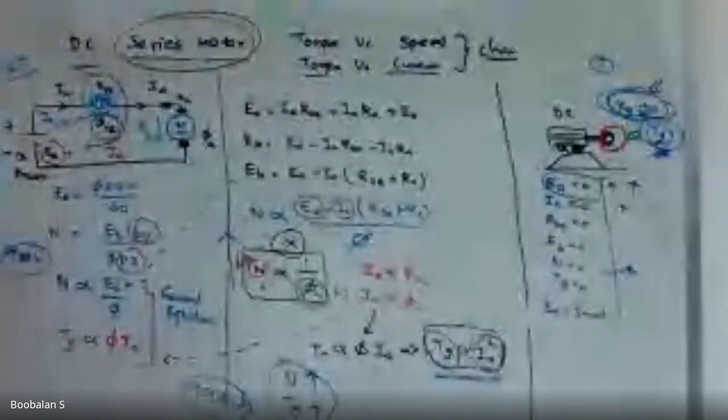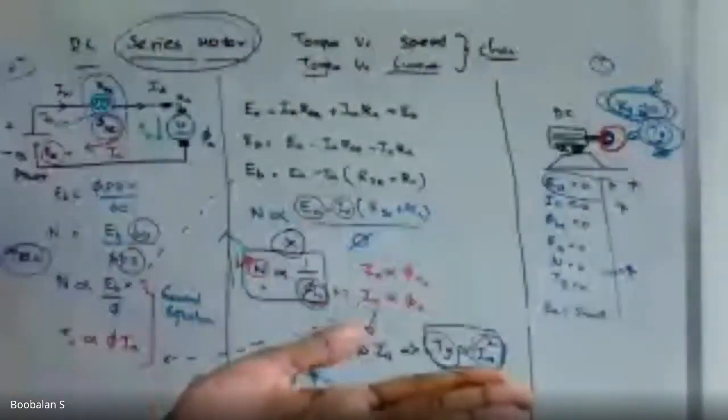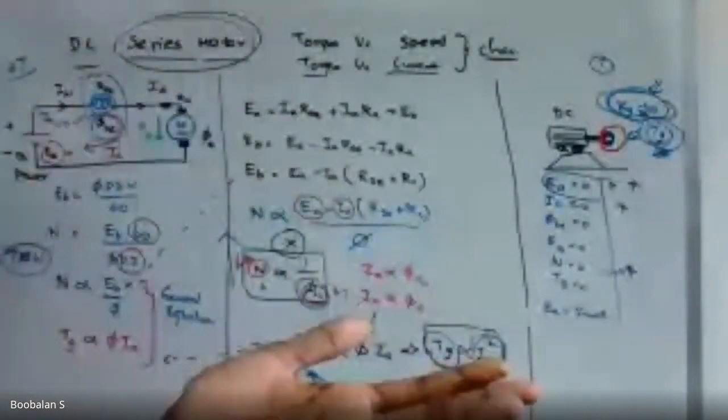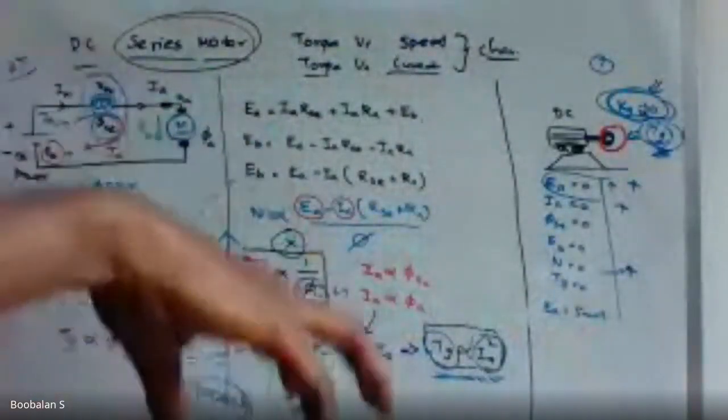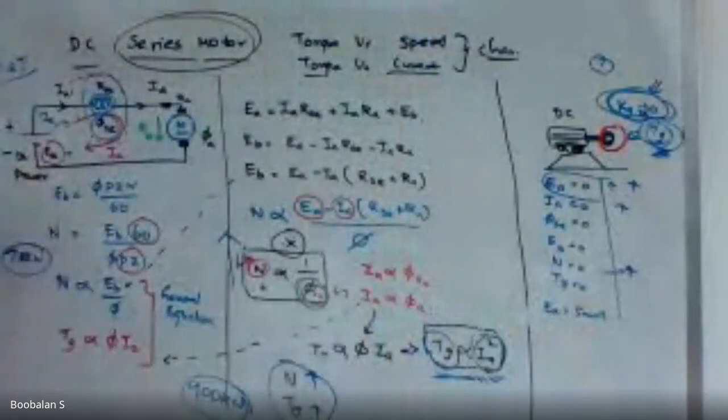In DC series motors there are many applications. Electric trains use them because initially they have so much weight to pull. In a shipyard, ships bring containers, and we need to pick that container from the ship and unload it. For that there is a crane on top, and that crane works with only a DC series motor. Initially the container weight is heavy to lift, so we go with high torque machines. That's why it goes with the DC series motor.